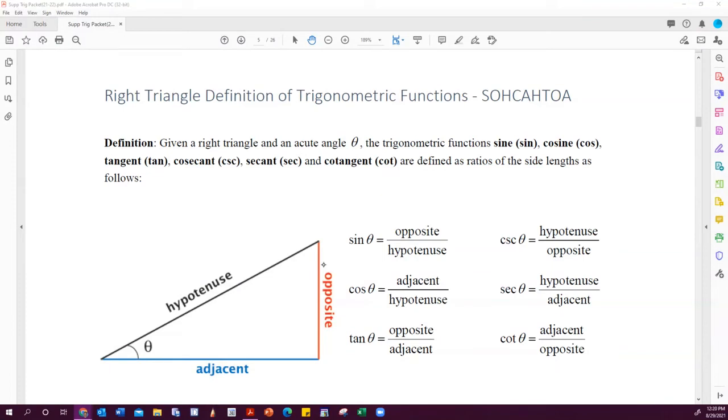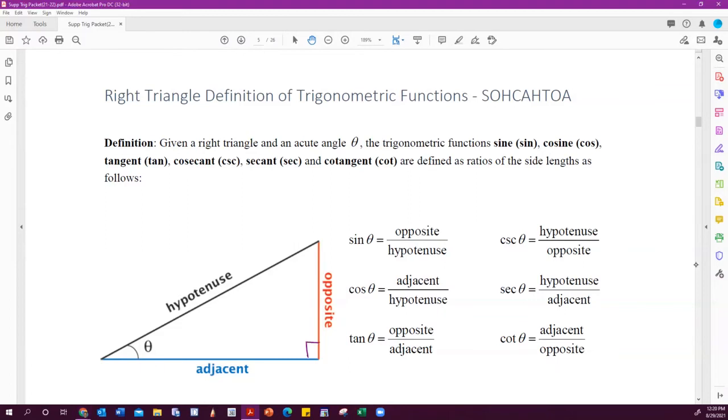trigonometry, where if you have a right triangle with an acute angle, the side opposite the given angle is called opposite. The side that's next to it is called adjacent, and of course the longest side of the right triangle is called the hypotenuse. From there, we define the sine to be the opposite over hypotenuse,